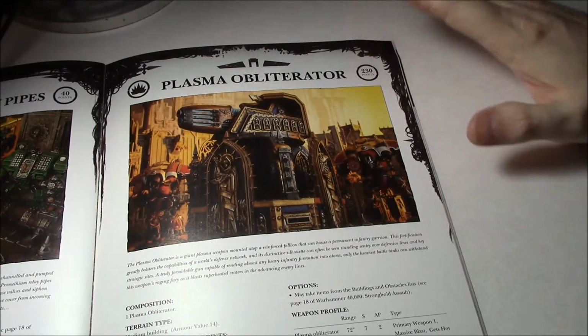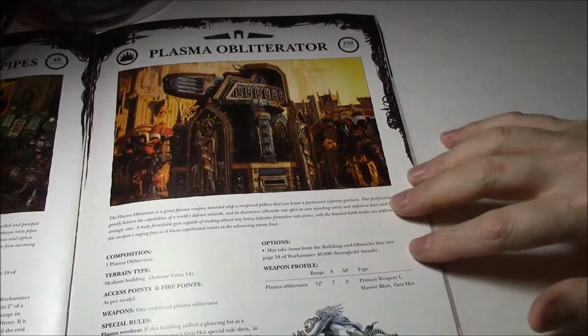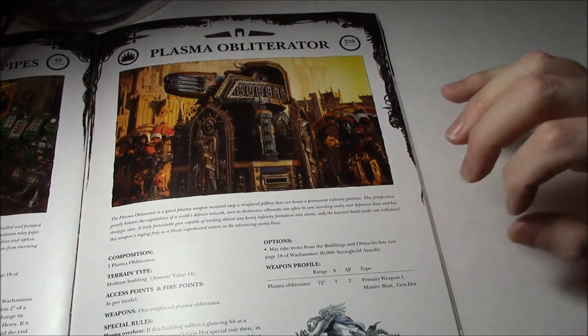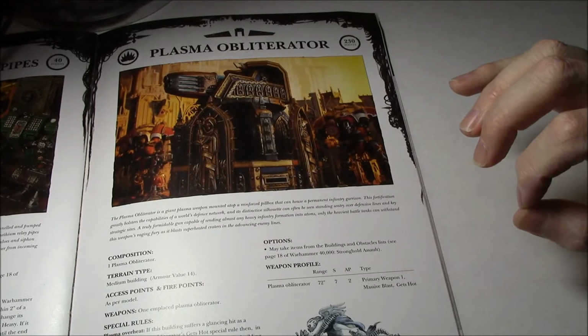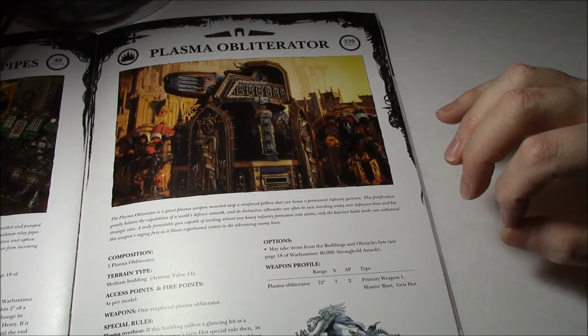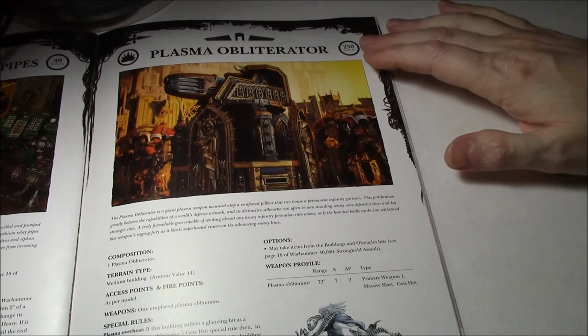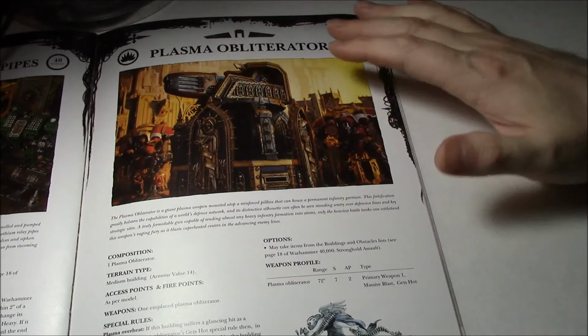So here's what makes the Plasma Obliterator so cool: it comes with a massive plasma cannon. It's a 72-inch range, strength 7, AP2, primary weapon 1, massive blast. Gets hot. So that's a 7-inch plasma cannon blast. Can you say, oh wow? Sure, it is 230 points, but it gives you that massive gun, and you can put other stuff in here to shoot out of it,